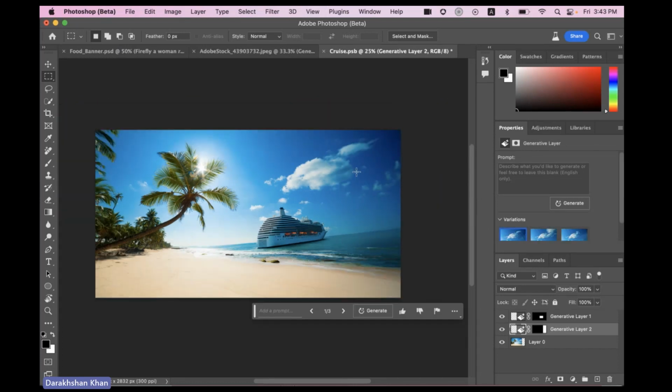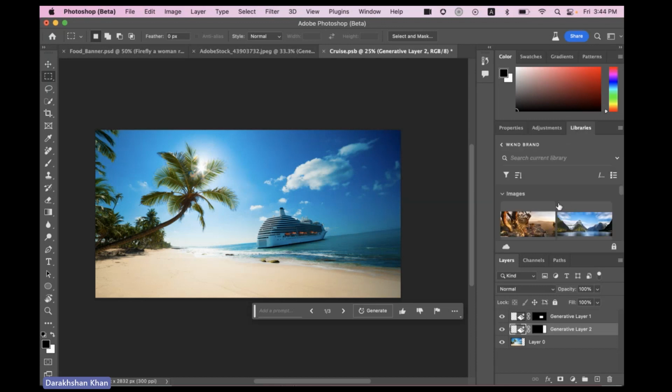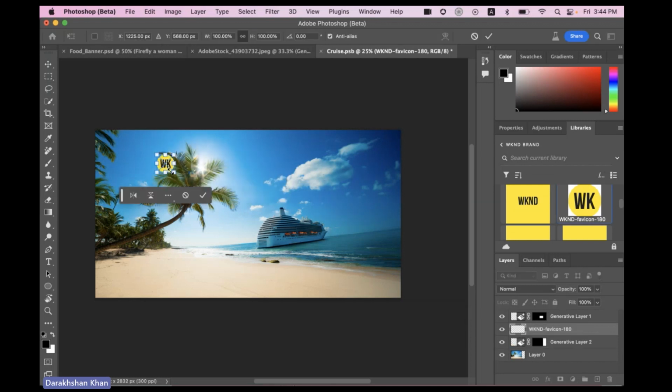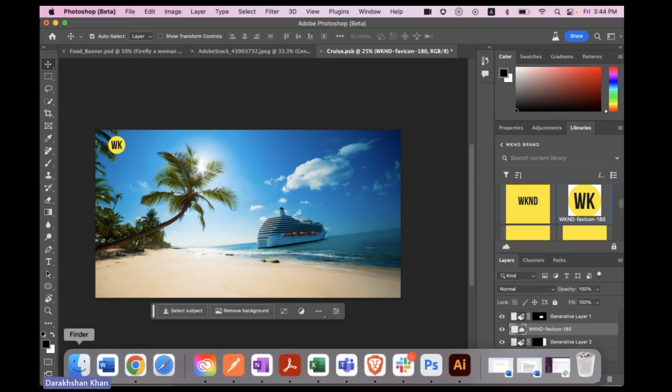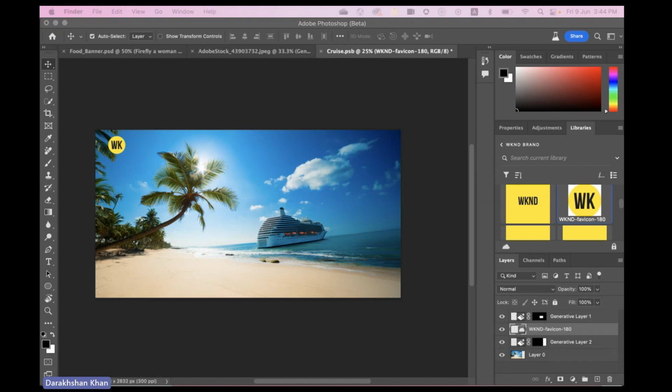And now you could see how it has extended this particular image. I can go over here, look between multiple variations. This one is looking pretty good. Now, suppose this image has been created, what I could do is, here I have already created this Creative Cloud library where I have the logo. So now the logo is there. I can just go ahead and drag and drop from the library and then place it here. Probably if I want to create certain other elements on this specific area, I can just make a selection and create that specific element as well. But before I jump to that, let me show you some